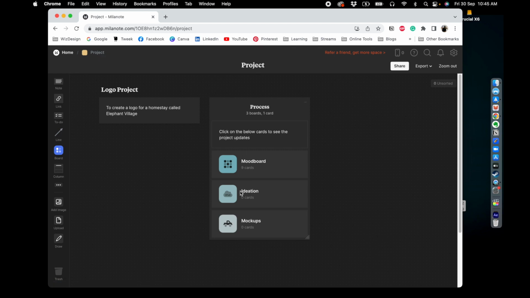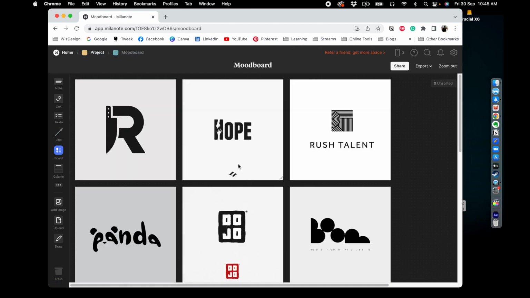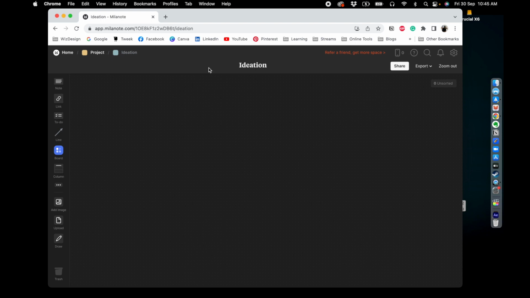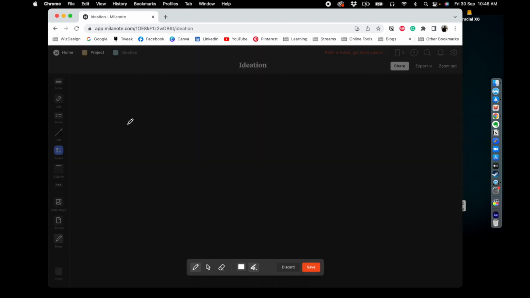Now let's go back to the project, and we are going into the ideation phase of it. Since you have these inspirations, you might have some ideas in your mind, right? So now you can go and plan your ideas here. You can do a lot of things inside this. You can maybe start doing a mind map. So you can take the draw tool, and draw with your mouse, "elephant home," that is the name of the thing. So what should be there? You can say that a home